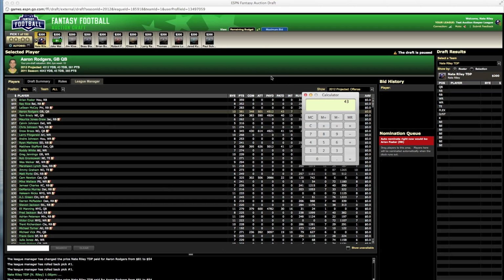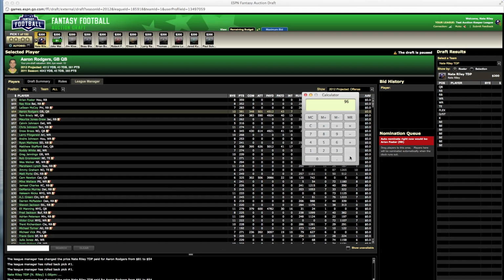All of the keeper players would be removed from the player pool, so we wouldn't have to worry about those 24 players during the draft. We'd only have to worry about the 168 players or so that remain to fill out everybody's rosters. Each keeper is going to require roughly 4 minutes during the draft. So 4 minutes multiplied by 24 keepers, that's 96 minutes. So you're essentially looking at about an hour and a half just to get through our keepers. Then we have 168 other players that we have to get through.